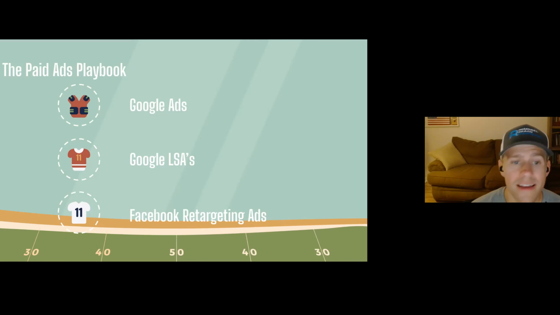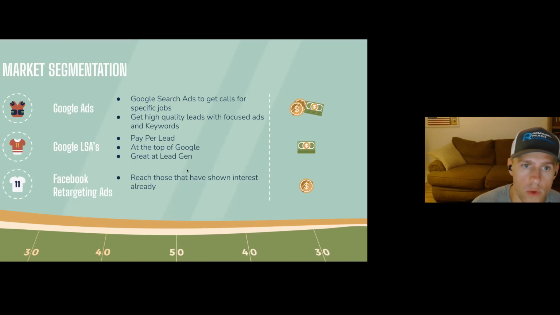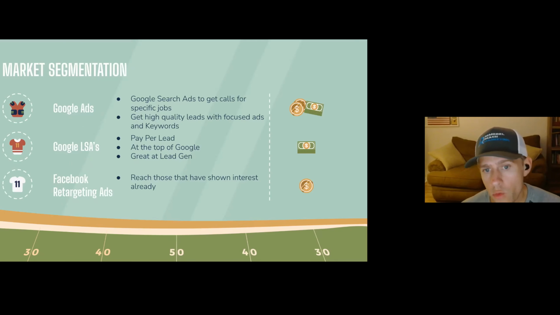These three platforms will allow you to generate leads, generate calls, while at the same time starting that process that your customers might need to become a paying customer, because I understand that in home remodeling, the length of the sales process is typically a lot longer than in other industries, right? So you could be talking with the lead for potentially months or a year before they decide to move forward with their project. And so we have to consider that. But also, we have to jump at leads whenever we get them.